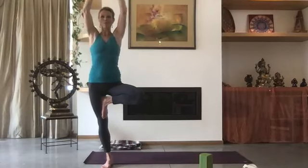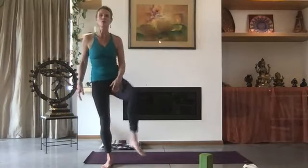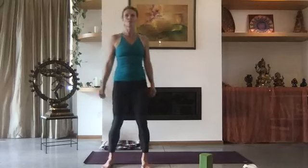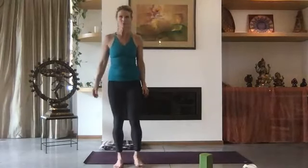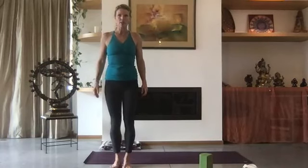Root down and rise up. And then we'll inhale the arms up if you like, otherwise stay where you are. Oop. That's a little slippery for me. And on the exhale, just a nice slow releasing the arms down by your sides, and we'll release, stretch it out. Great. Okay. So next pose we're going to do is,